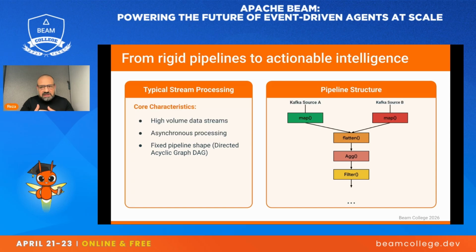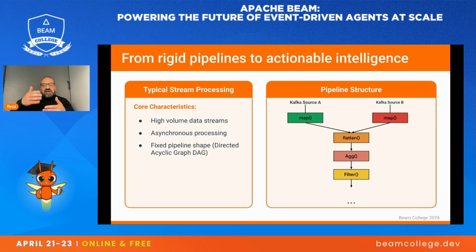And then the other thing about pipeline structure, as we saw when we built out that code with Python, is that it's a fixed pipeline shape. So we've defined the pipeline. It is set for the duration that process is running. The code that we write within each of these elements is also set. So it's not able to dynamically change or adjust the plan, the type of computations that it's doing, based on the data itself. You would have to code that in.